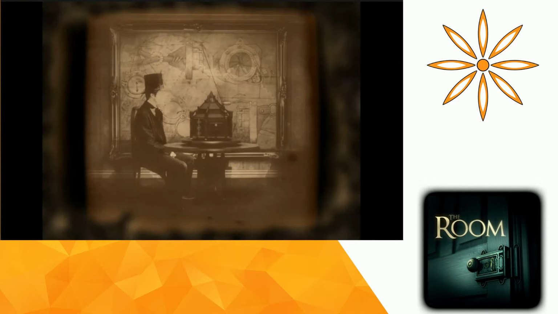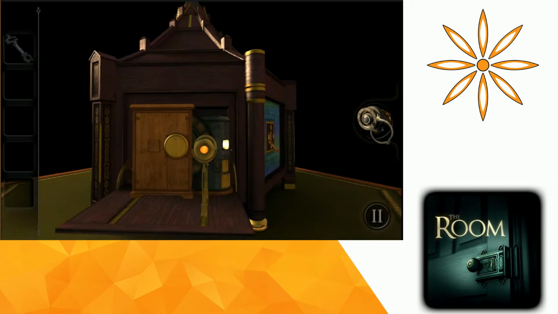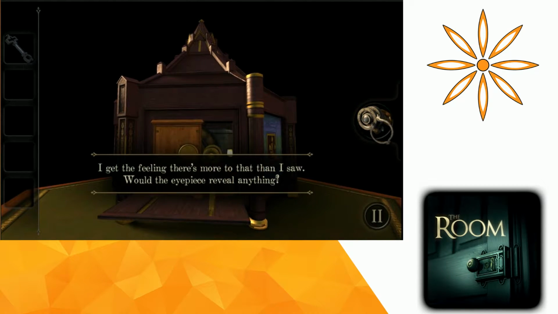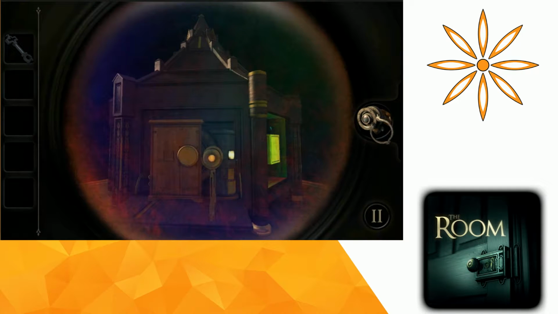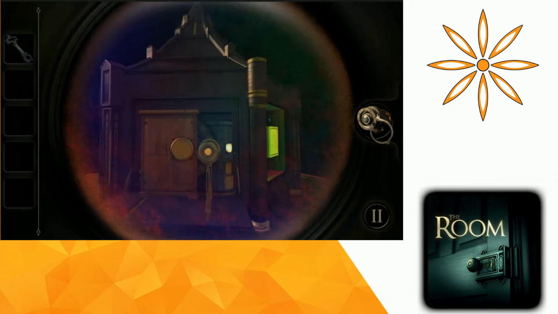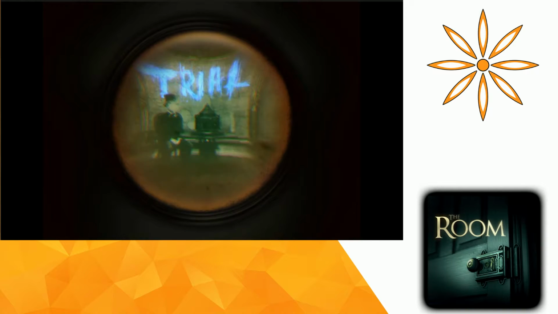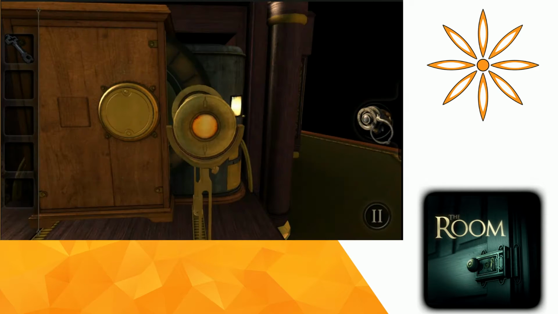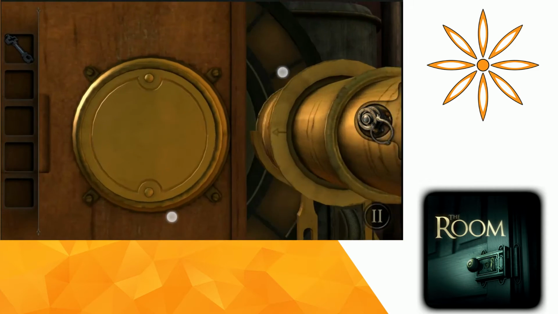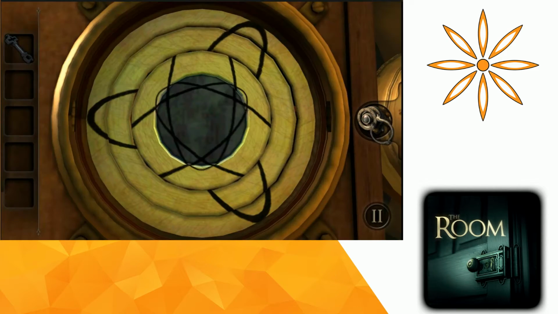Anyway, here we go. So we've now solved the puzzle, and it's like, okay, we have a picture of someone's face being scratched out with this fade box. But, there we go. So now they are purposely guiding us towards the fact that we should be using the eyepiece on more things. So we now put the eyepiece back on, and we try it again. And now we have the horror element, where it says trial, which is confirmation of the trial. Oh, and now we have this box,